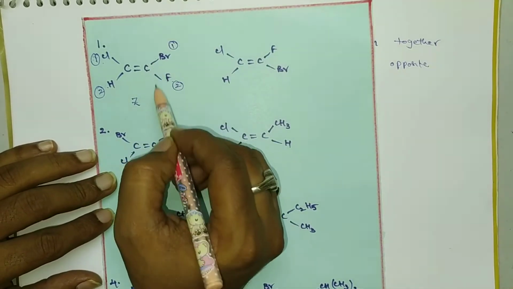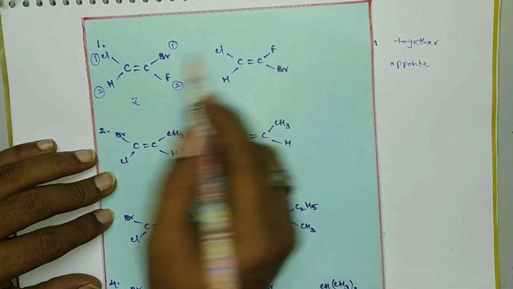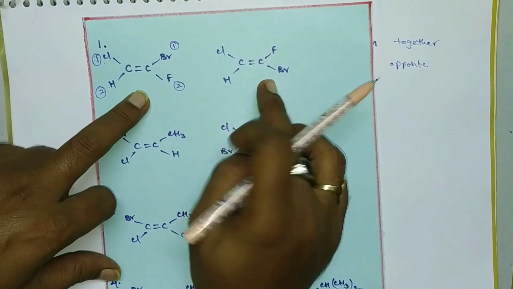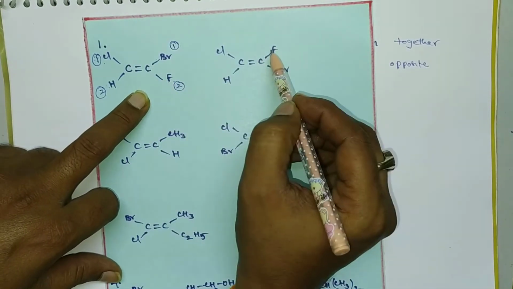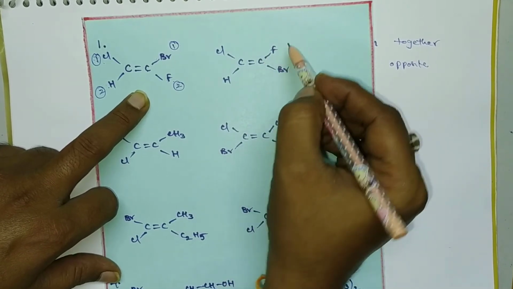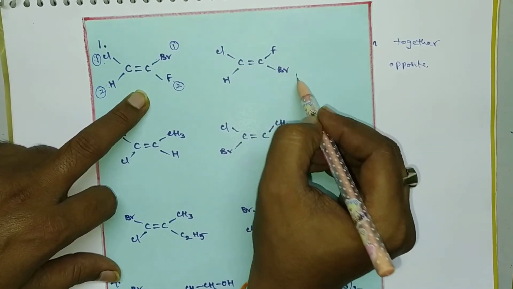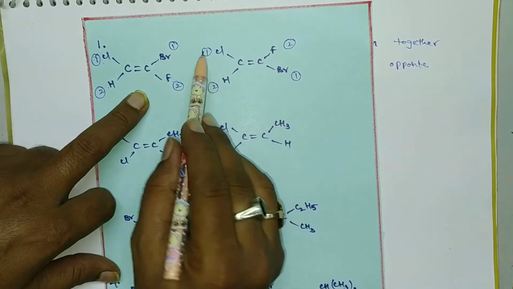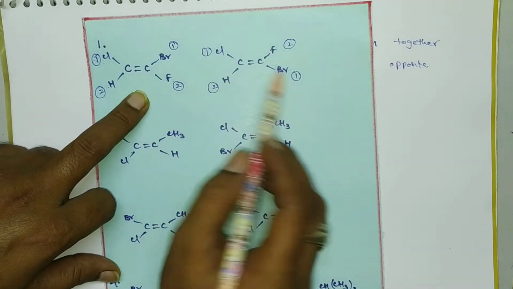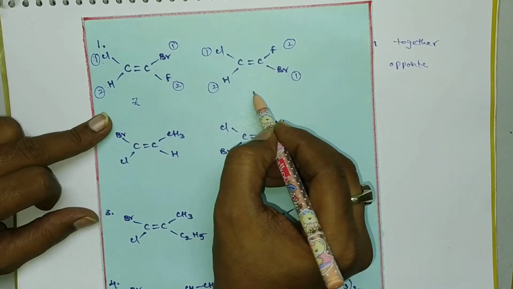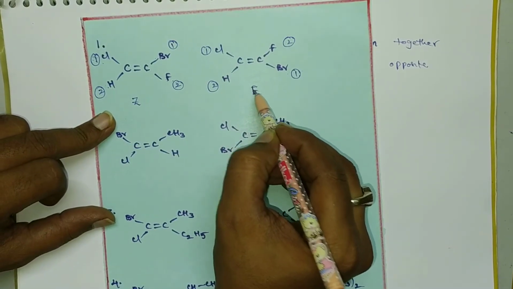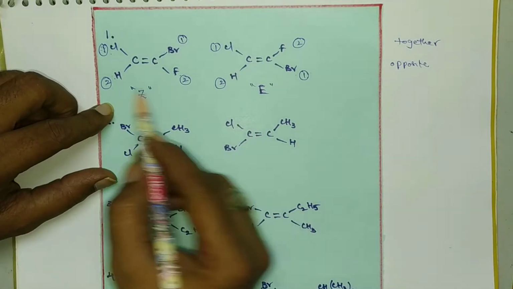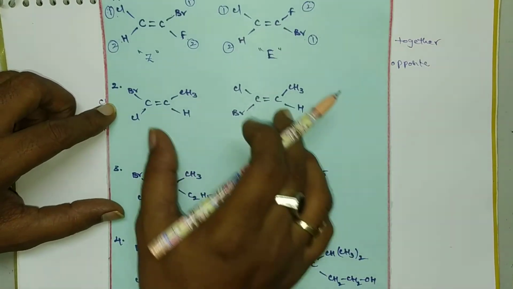Now by breaking and making of these two bonds, we get the configurational isomer of this one. The configurational isomerism arises due to breaking and making of bonds. In this molecule, the first preference goes to bromine and the second preference goes to this one. Both highest priority elements are present on opposite sides of the double bond, so it is called E configuration. In this way we can assign EZ configuration, that means EZ nomenclature. Clear? In this way we can simplify all these examples.